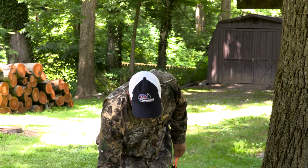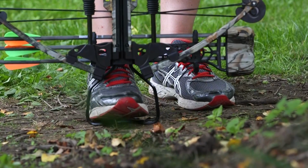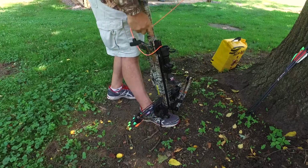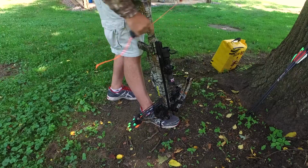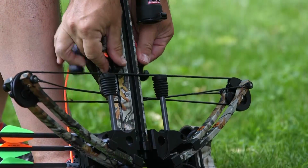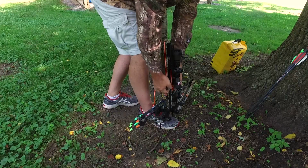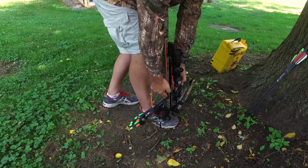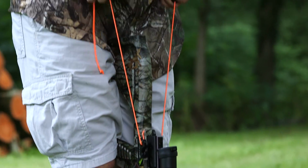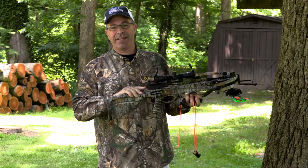So I'll demonstrate how to do that. Every crossbow is going to have some sort of stirrup at the bottom for your foot. Place your foot in the stirrup. Now I'm taking my cocking rope, and at the back end of the stock, many of them are going to have a little notch that's for your cocking rope. You want to make sure your rope sits in that. I'm going to bring my hooks down. Now my hooks are facing up. They're right against the stock of the crossbow. You can see my hand pulls here. I want to make sure that the hooks are against the stock as I pull back. And so I'm just going to stand up, cock the crossbow. On this particular model, when I came back to full draw, it automatically engaged the safety,